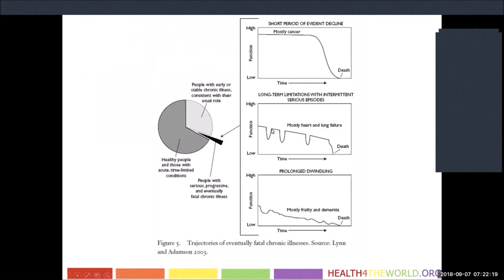What's hard about this is that it can be difficult to prognosticate, because families say, well, yes, he was sick and you saved him before, so what makes you think you can't save him now? What's the difference between here and here? Which can sometimes make them want more aggressive therapy, even when it's concerning that it may not be appropriate.